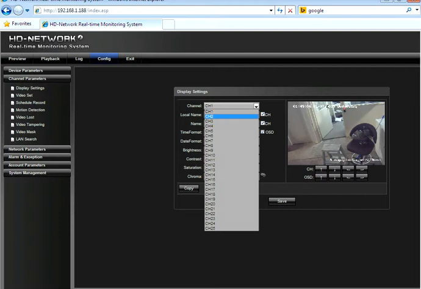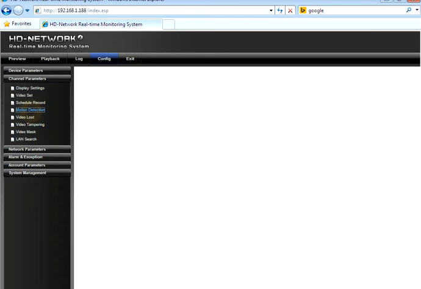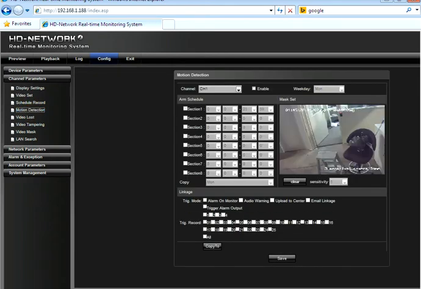Let's have a look at channel 2. Okay, so with this one here, it's not showing up there, but it should say 2 megapixel. I think it's dome or body camera there. There's the other camera. Rightio. So really, the next thing we need to do is what? Motion detection. Rightio. We're going to do